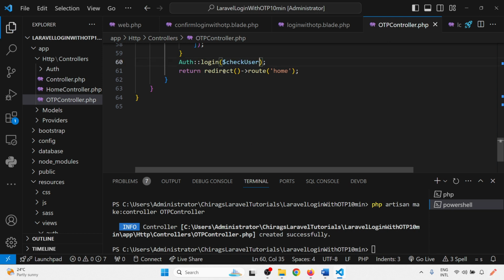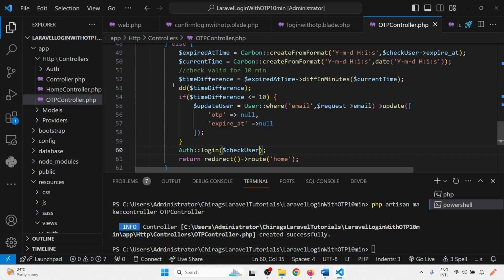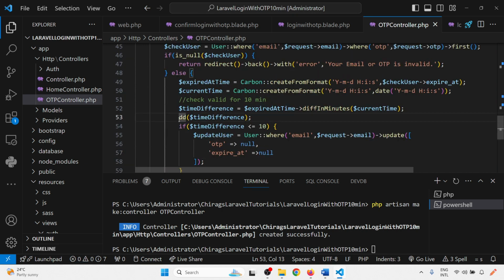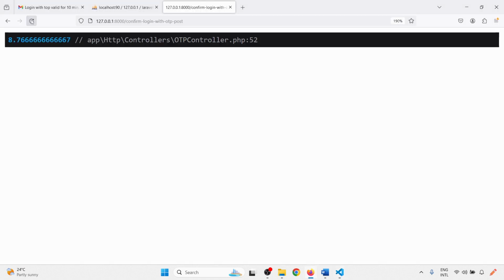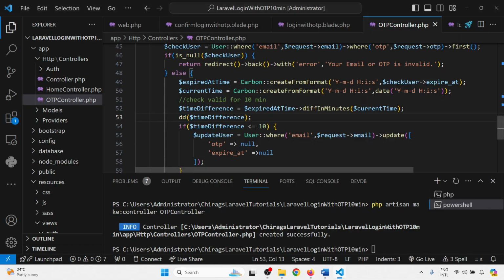User details, and after login I am redirecting to the home page. So I'm just removing the dd. Let me check once more how much difference is coming. It's more than 10 minutes, so I'll get the error. Okay,